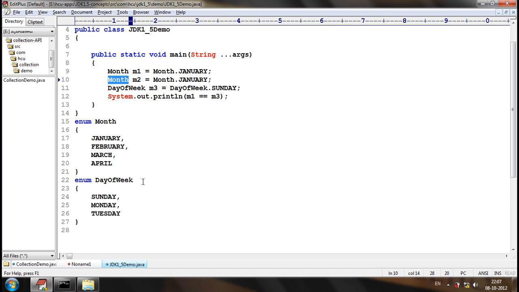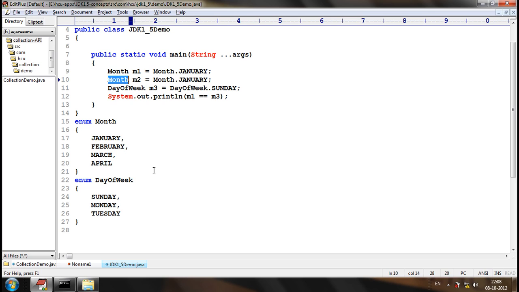So now, are we making the constants type safe at the level of the compiler? Yes. We are achieving type safety at the level of the compiler itself. This is the basic advantage, and this is the basic purpose why we go for enums: type safety of constants. Now the month cannot be compared with day.